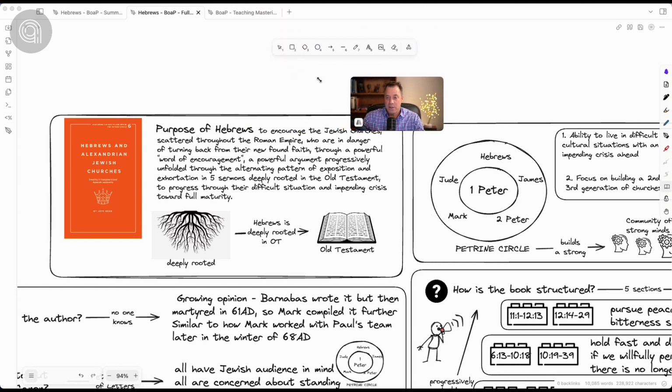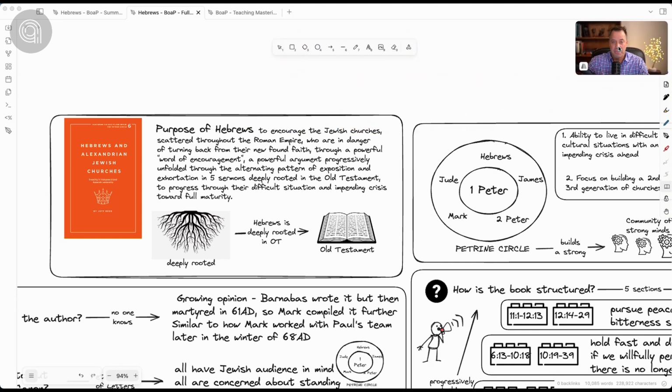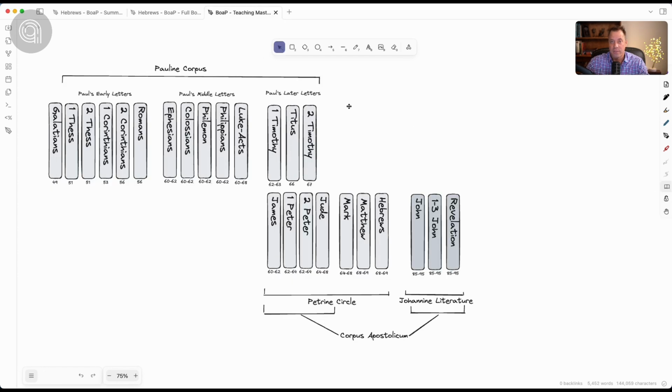So as we start, let me get you orientated first to where Hebrews fits inside of the whole Bible, and specifically where it fits inside of the New Testament. There are 66 books in all of the Bible. 27 of those are in the New Covenant, that is the New Testament. And in that New Testament, there are 3 main sections of